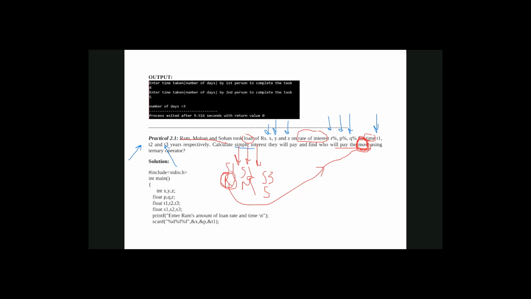Yes, we can. If S1, if means agar in Hindi, if S1 is greater than S2, and then we have the second condition. This is used to join the second condition: and if S1 is greater than S3. So if S1 is greater than S2 and S1 is greater than S3, what conclusion can you make from this?